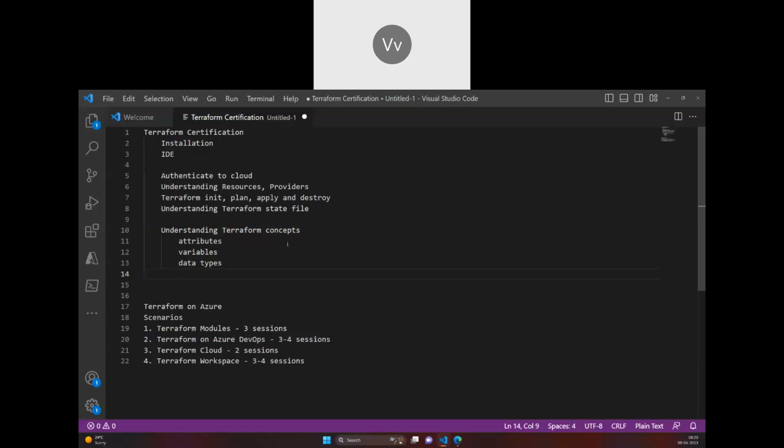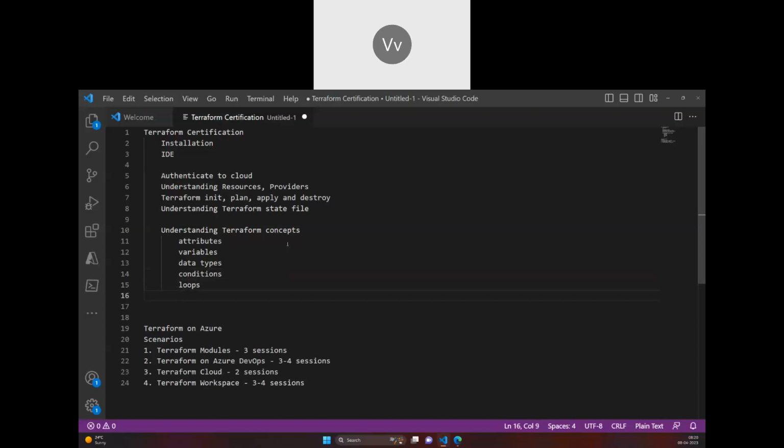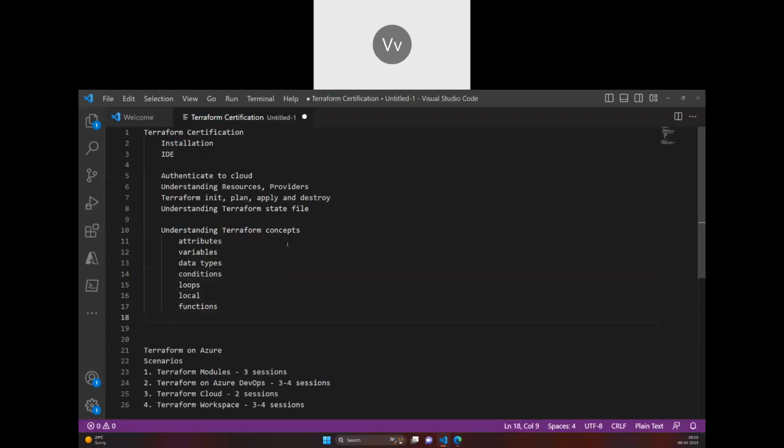Then we cover conditions, loops, we cover some locals, we'll cover some functions, we cover modules, yeah, and we cover locals, we cover this one.